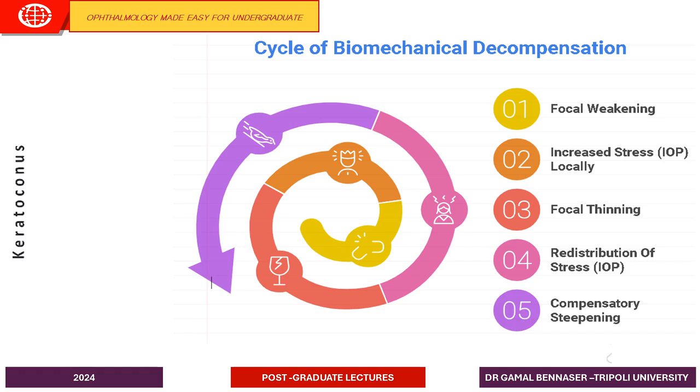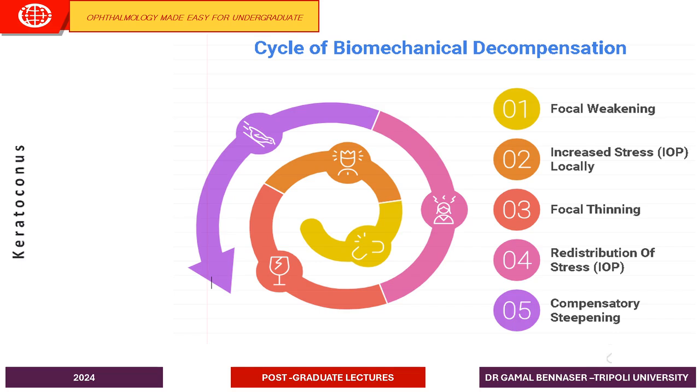And once there are changes in the form of curvature changes and the steepening and the conformation, at that time the vision will drop. So if we want to establish a screening program or prevention program for ectatic diseases, if we can pick up the patient at this stage, it will be excellent. That is the stage of biomechanical derangement, so that you can support the cornea by doing, for example, cross-linking or whatever, like the intracorneal rings. They claim that if you implant the intracorneal rings, you will increase the support of the cornea, so you can prevent the thinning and also the bulging of the cornea. So if you want to establish a screening or prevention program, it should be at this level or at maximum at this level. So if you find thinning of the cornea, even if the patient is doing well and vision is good,